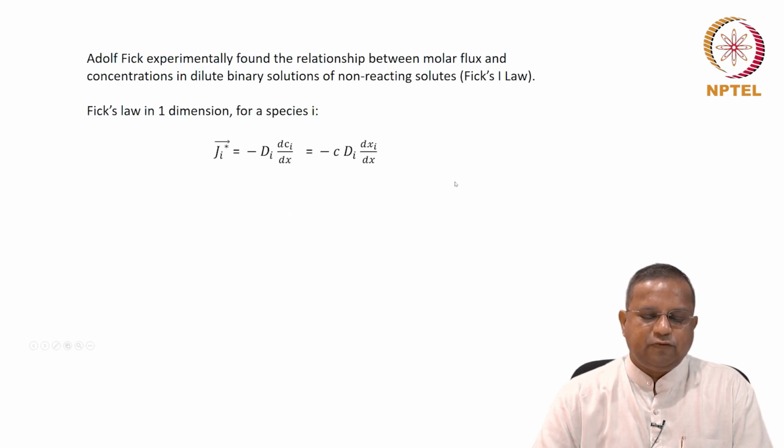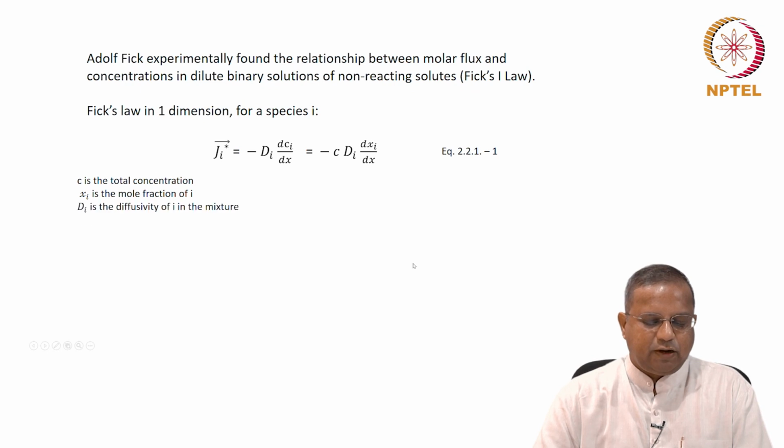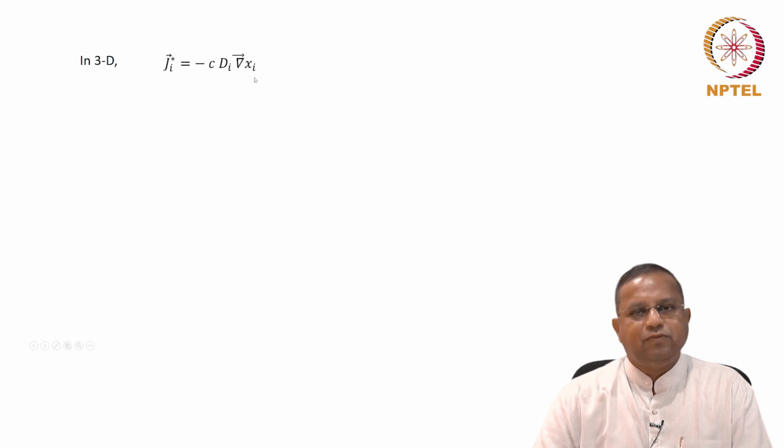We saw Fick's first law, which provides us with a way of getting estimates of the flux in terms of a diffusivity coefficient and so on and so forth. This is in one dimension, you could have it in 3 dimensions. The derivative gets replaced by a del, which is the derivative in all 3 dimensions.